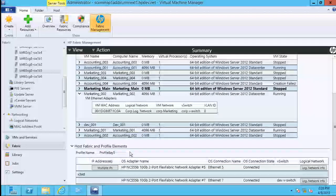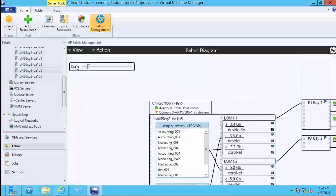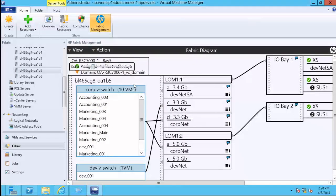So what we're doing is we're combining these elements from Virtual Connect and all these other places to provide that additional combined view that you can't really get in one place or another. Then the next thing I want to look at is the fabric diagram. Now, the fabric diagram,